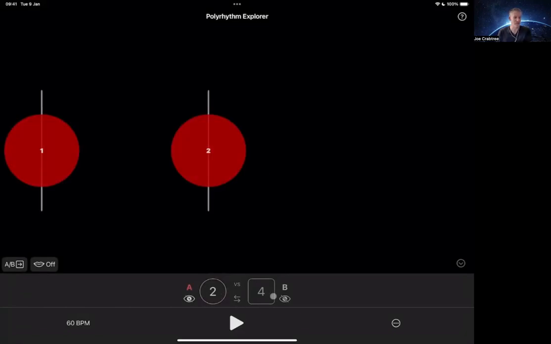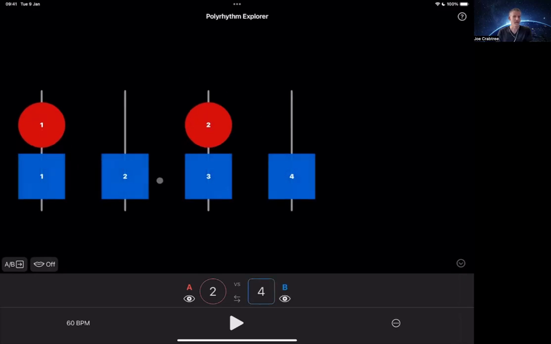So say, for example, we wanted a polyrhythm of 2 against 4. You wouldn't consider this a polyrhythm because it's kind of simple. Your left hand is going to play the blue squares and your right hand is going to play the red circles. This is just a basic drum groove, hat and snare kind of thing. And because all of these red circles appear on the same divisions as the blue squares, it's basically just a layered rhythm. It doesn't have the essence of a polyrhythm, which is that